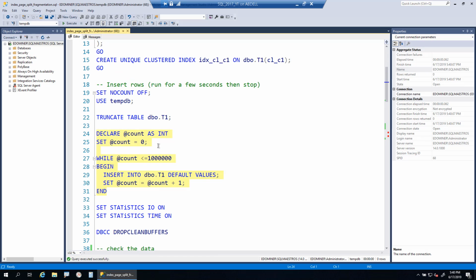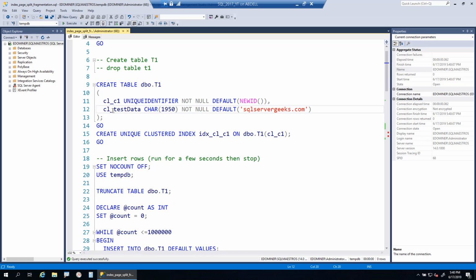And also one more thing that I just missed out: look at this one. The second column is of char, approximately 2000 bytes there. That's purposely done because I just want to create a lot of pages, and I want to fit in about 4 rows in each page. Even though the data that I'm pumping in, SQLServerGeeks.com, is very small, I still want this, because this is fixed